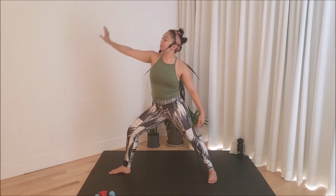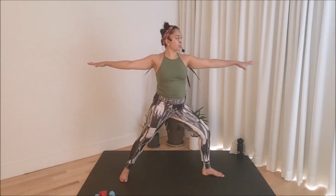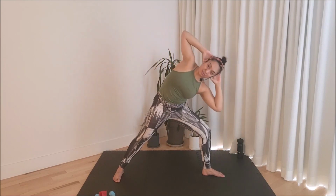Find your way on up to upright, lengthen the left leg, turn it in, right foot out, and we're gonna take that warrior 2 once again. Hands behind your head, elbows are back, side bending, here we go for 8,